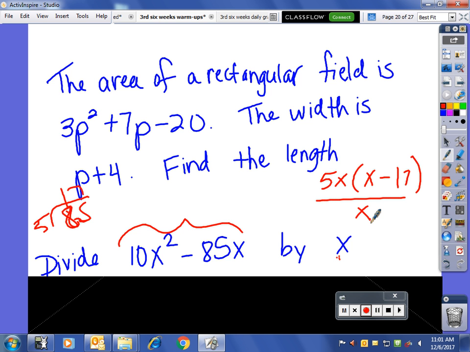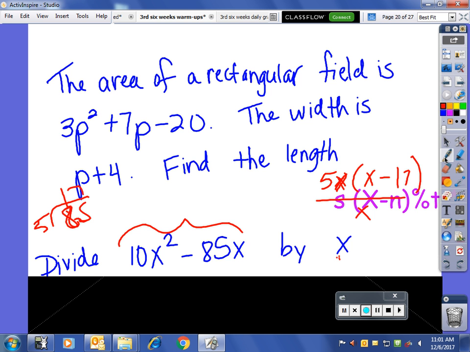Divided by x. And again, look at this x right here. Is it connected to everything around it by multiplying? Yeah, it's connected to 5 by multiplying, and it's connected to x minus 17 by multiplying. So can these x's cancel? Yes. So the other way they might have the answer is 5 times x minus 17, which a second ago we just had as,